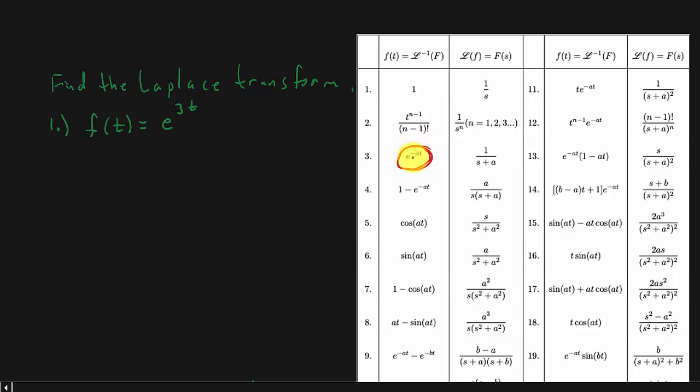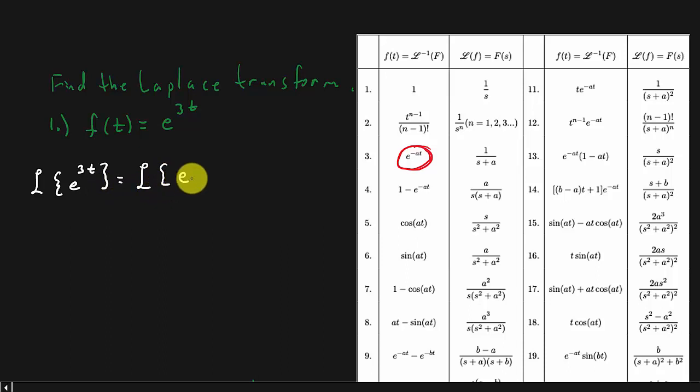The difference is this one has a negative. See, it's got negative at, but we've got positive. So what we need to do is rewrite this one so that it looks like the one in the table. So we've got the Laplace transform of e to the 3t is equal to the Laplace transform